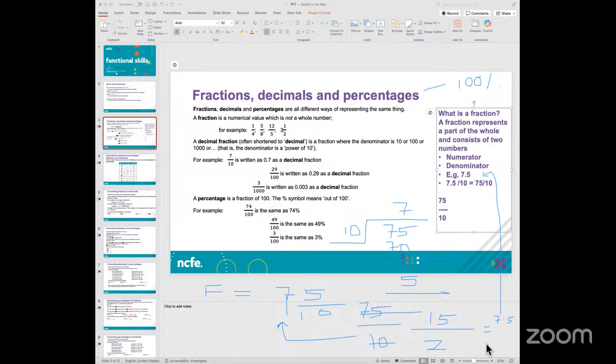Now, if I had to convert this same number into a percentage, what I'm going to do is convert it by multiplying it by, in this case, dividing it by 100. And that would essentially give me the percentage of the number as well. So the same number we can express as a simplified fraction, as a decimal, and also as a percentage. Now, 75 is what percentage? Because it has 3/4 in it. So this would be 75.